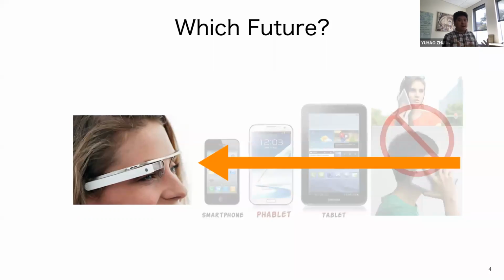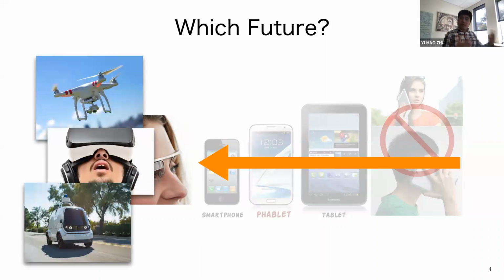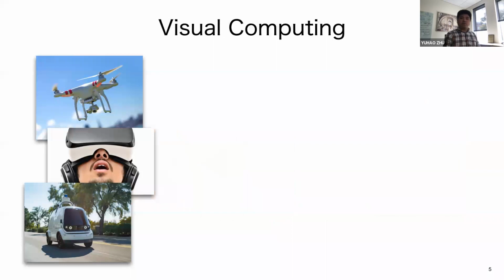But the problem is that at the same time, these AR devices are supposed to be doing much more work than your smartphones. They are supposed to be always on, constantly sensing the environment, running computer vision algorithms, AI inferences maybe, to provide immersive user experience and intelligent services to us. It's doing much more work, but with a much more limited energy capacity. Even though I'm talking about AR, AR is representative of a range of emerging application domains like drones, self-driving cars, VR, things like that. I call these visual computing applications.